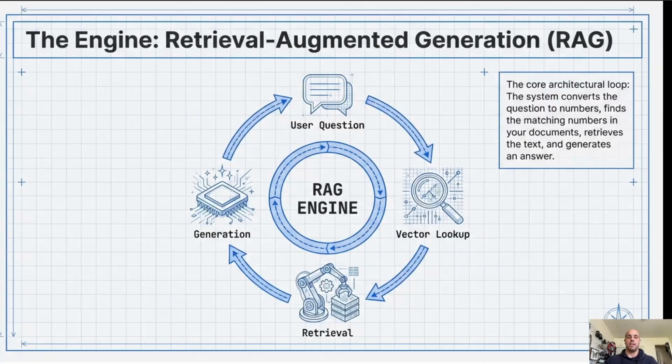from the document context. So when you ask NotebookLM a question, the system converts that question into numbers, finds the matching numbers in your documents, which is called a vector lookup, and it retrieves the corresponding text and then generates the answer. So it essentially acts as a constraint mechanism. And so instead of AI guessing from its general memory, which leads to hallucinations, it's forced to look it up first. And so the quality of your sources and pointing it to the right information will improve the quality of